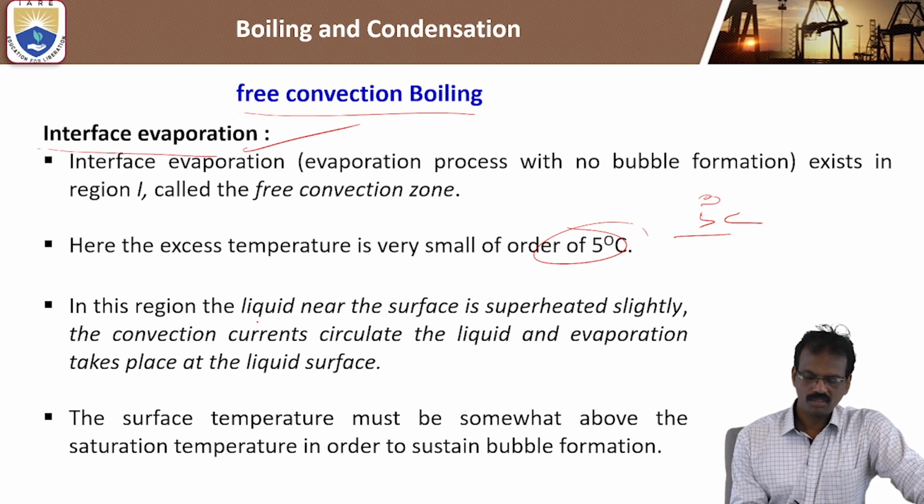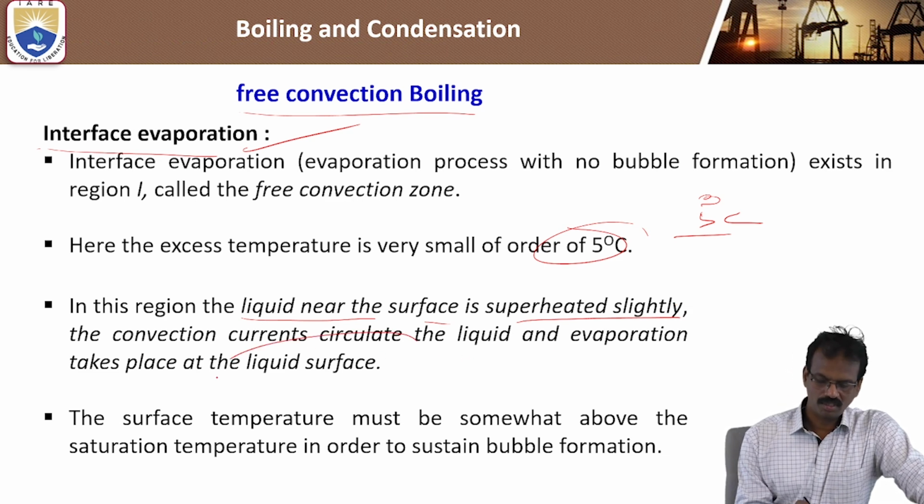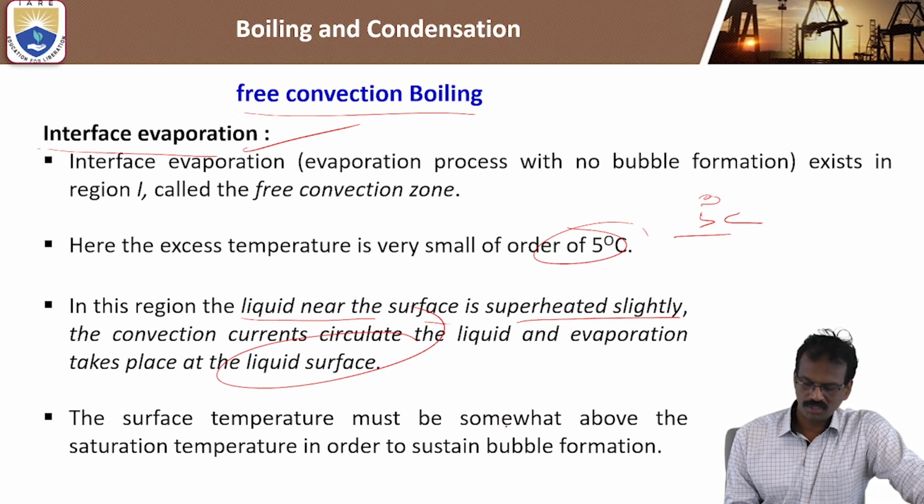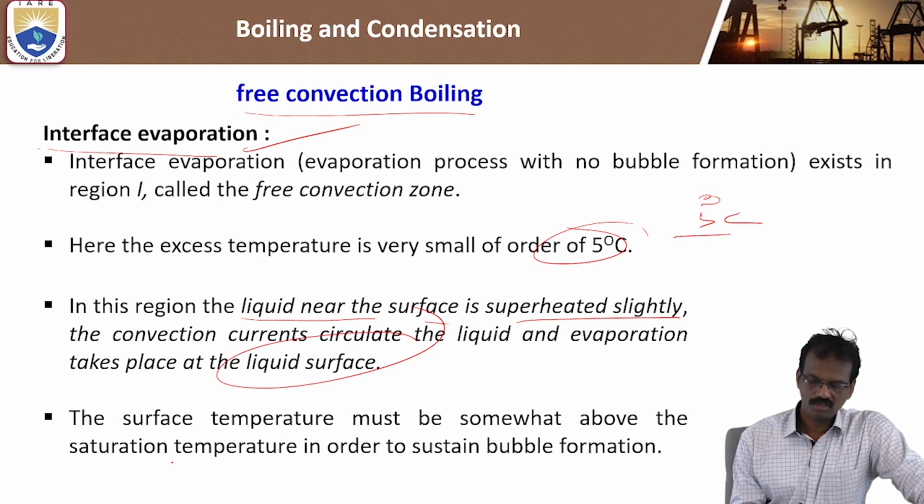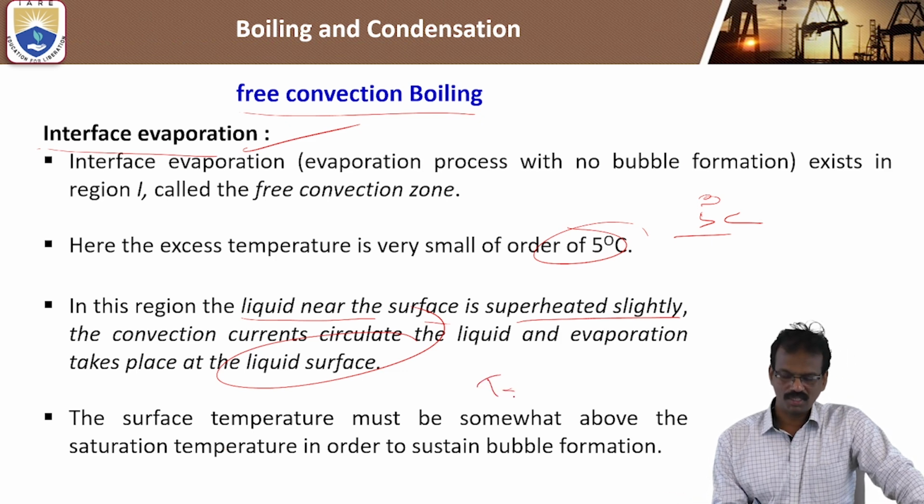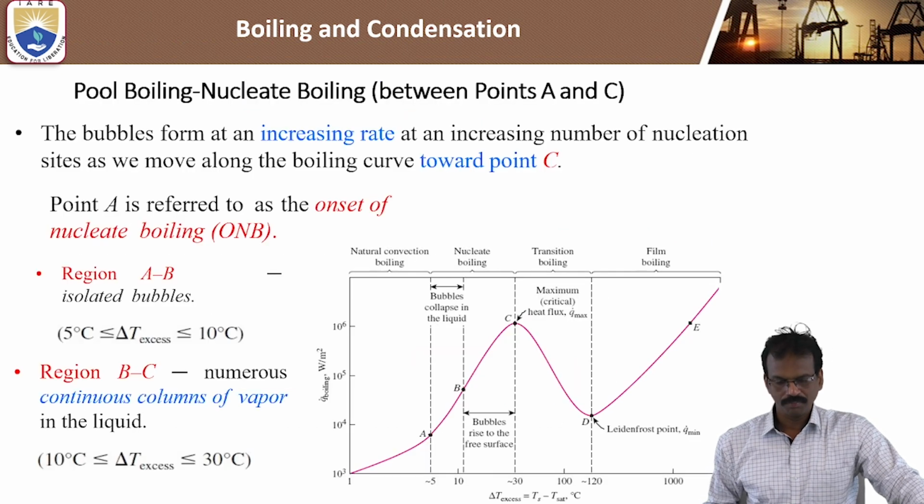In this region the liquid near the surface is lightly superheated, and convection currents circulate the liquid and evaporation takes place at the liquid surface. Already explained this one. The surface temperature must be somewhat above the saturation temperature. When Ts is greater than T saturation, then we will see the boiling process. So next is pool boiling,